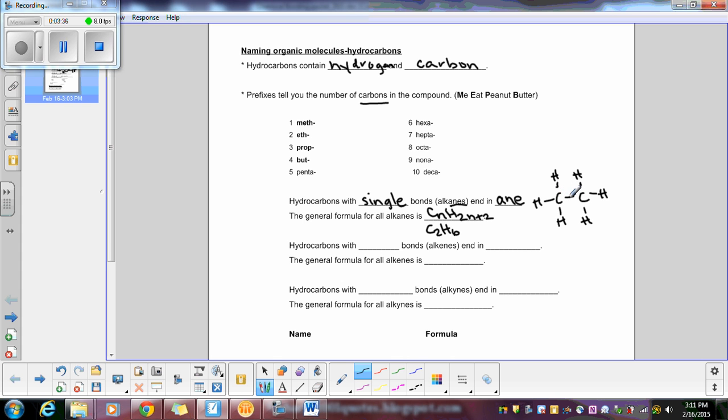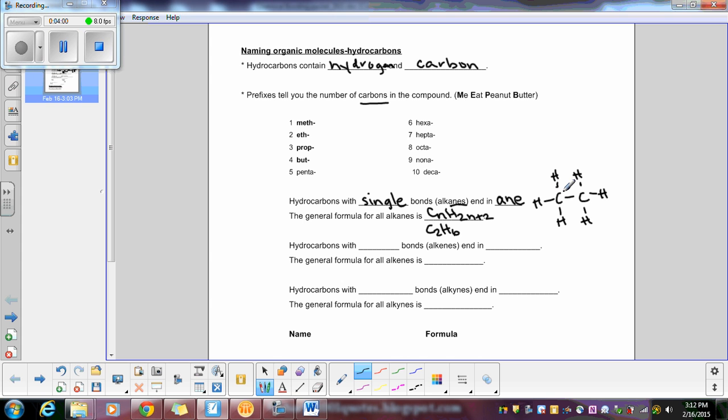And this carbon has 2, 4, 6, 8 valence electrons, so it's stable. Each of these carbons has to have the 3 hydrogens on it, otherwise it doesn't have a full octet and it's not a stable compound. So that's an example of a single-bond hydrocarbon, also known as an alkane, and this specific one has 2 carbons,